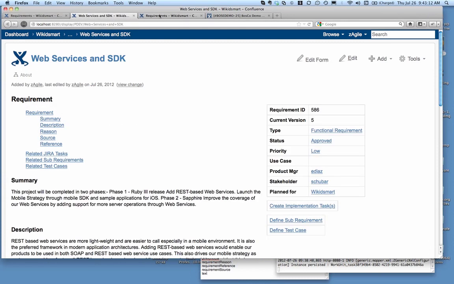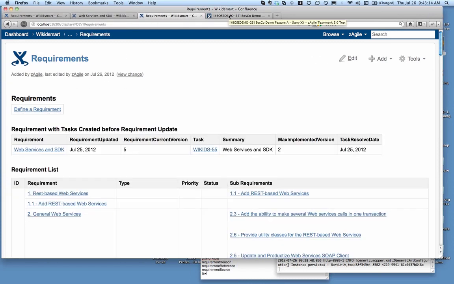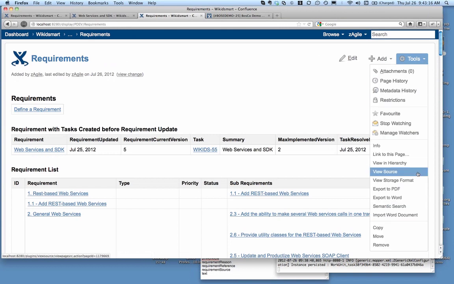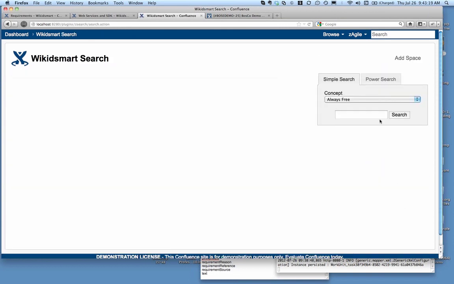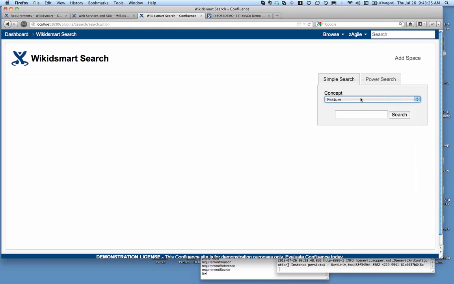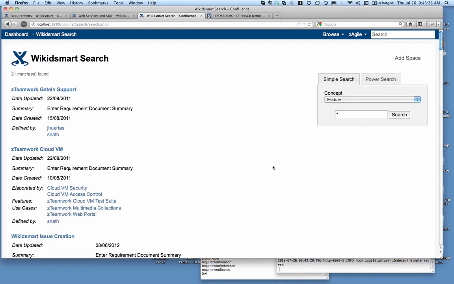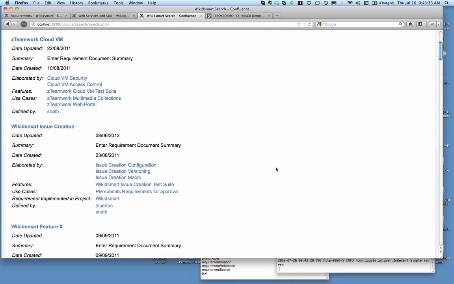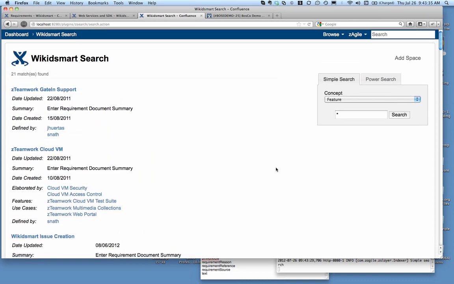So what you end up with, as you're starting to integrate all of this stuff, is a number of things that you can achieve from there. One of them, for example, is you can start to search for things. Here, this is a faceted search that's also part of Wicket Smart. So I can search for features. If I just want to look for features, then it's going to give me a list of the features